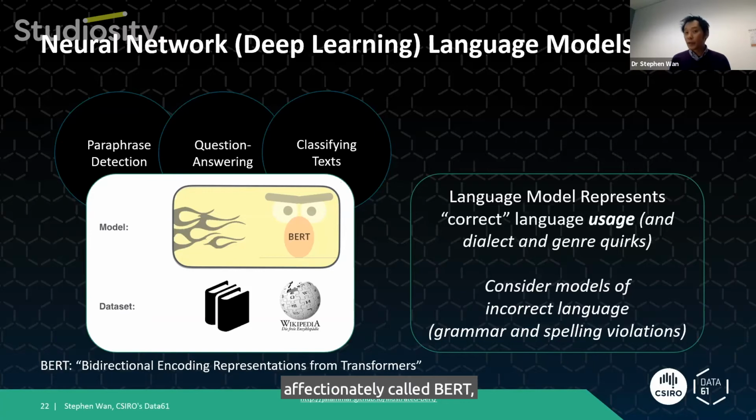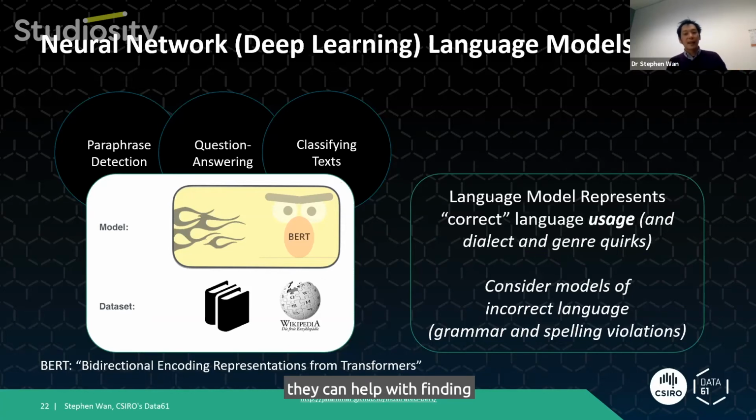One of the latest models, affectionately called BERT, is based on masses of text that you find in Google Books and Wikipedia. So these new language models appear to be very general, helping with a range of complex tasks that would otherwise require some kind of reasoning about semantics. For example, they've been shown to help with the case where you need to determine if two similar sentences are paraphrases of each other.